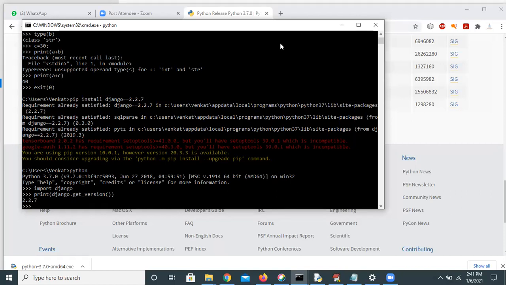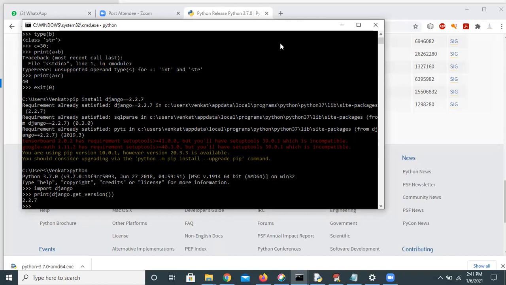Okay, that's nice. We have installed Python, we have installed Django. Right now I want to create a project in Django. Creating a project in Django.